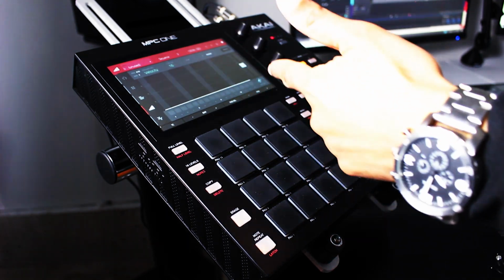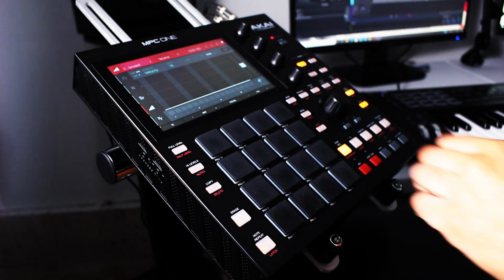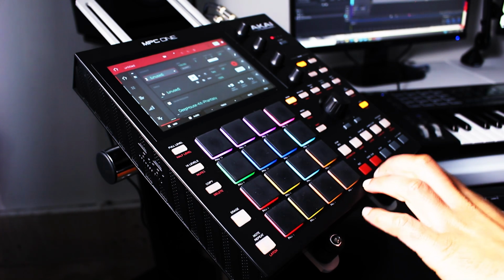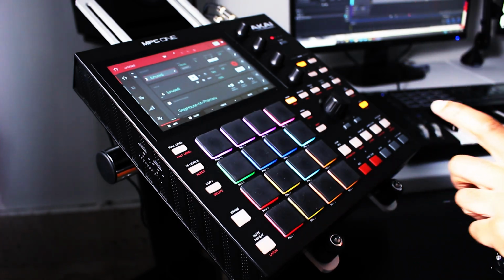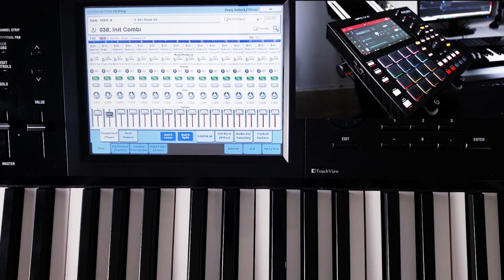It has a step sequencer that I can use as well, so I can do step sequencing. And everything about the MPC One sequencer is just really powerful. And when paired with the Korg Kronos at the same time, you just get some amazing possibilities. I can play